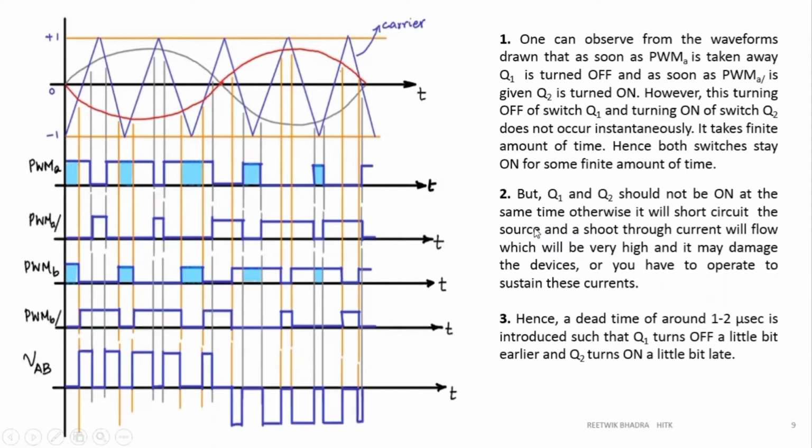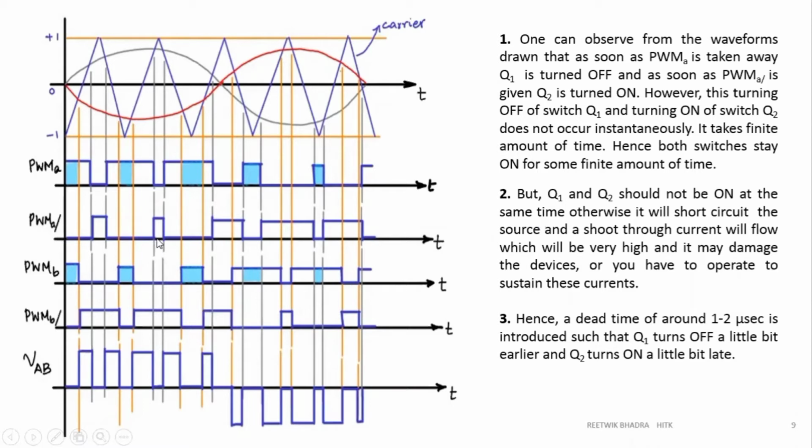Now, what will be my next point of discussion? There is a problem over here. What is that problem? We have a problem of shoot-through fault, right? We had discussed that the switches of the same leg get turned on instantaneously. That's why it can short circuit the source. The problem exists in this PWM also. Even though I've told you why we use PWM, we need to eliminate the shoot-through fault, but there is an existence of that problem in this PWM.